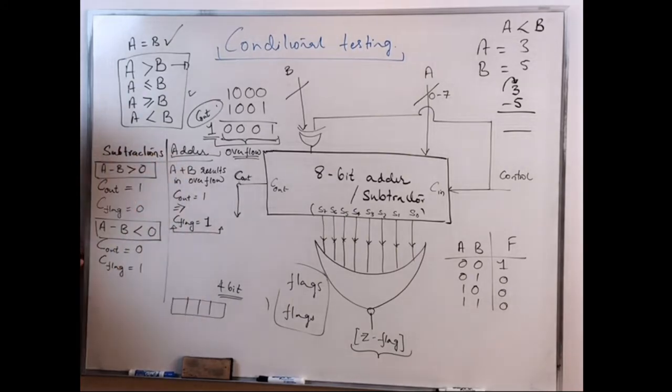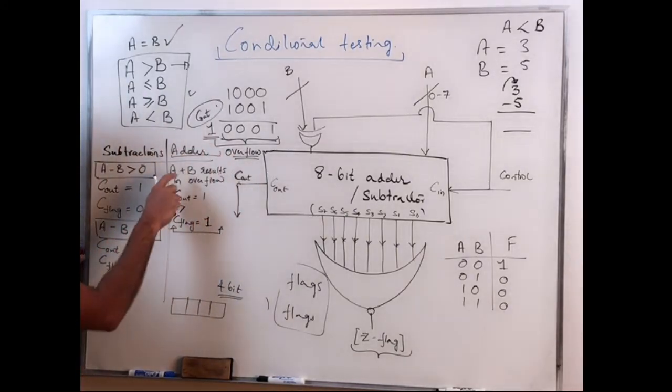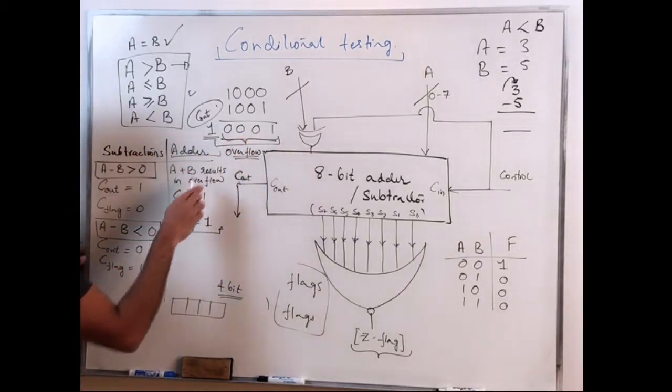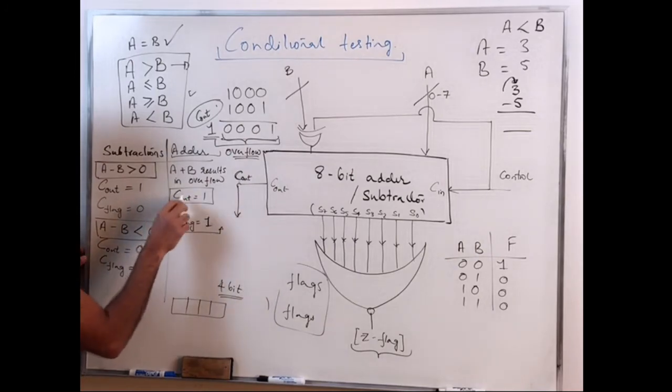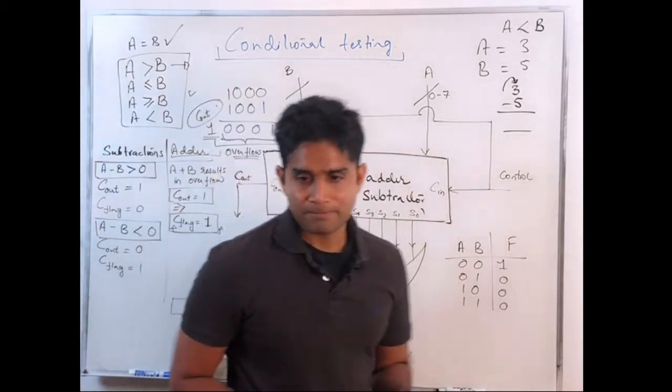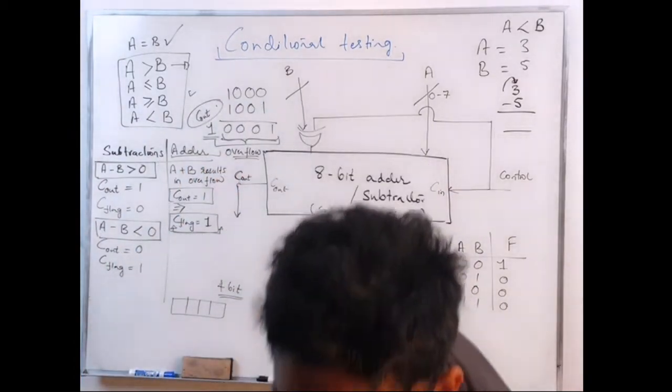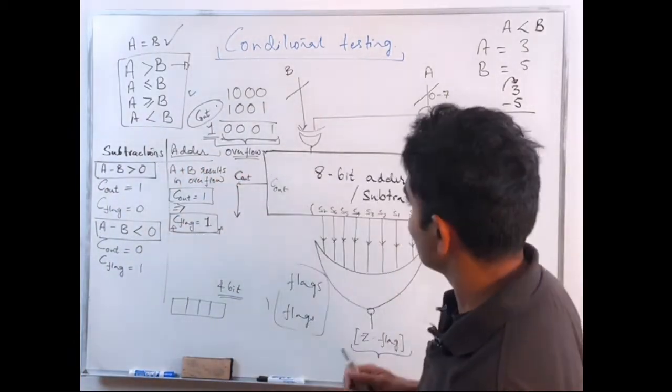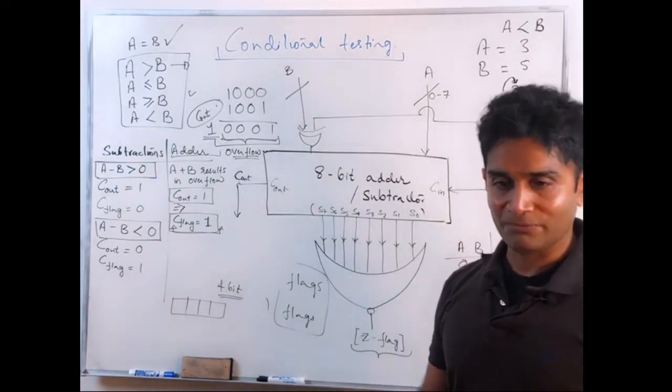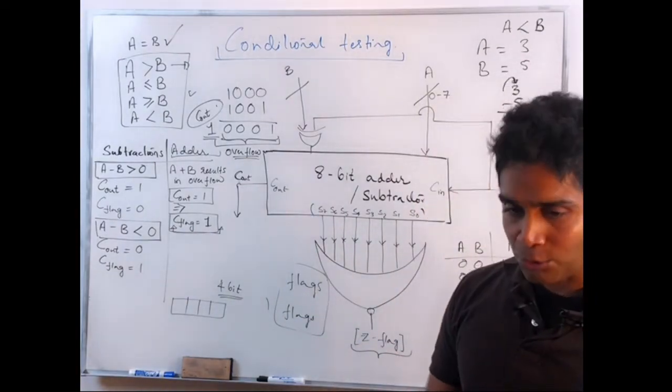When I'm doing the addition operation, when my A plus B results in an overflow, my Cout is 1. I would like my C flag to also be 1. Okay? All right. Now, with that information, would you be able to tell me how to configure my C flag